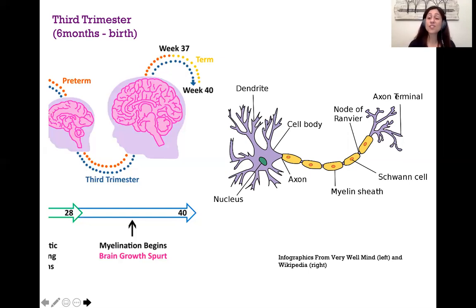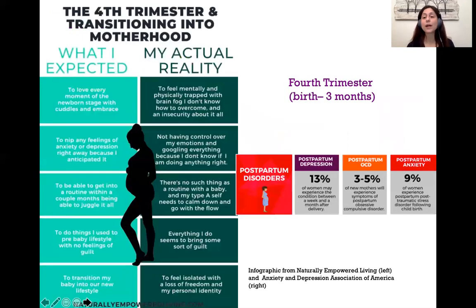Now, interruptions to this process of myelination have been shown to be associated with difficulty focusing in school and difficulty learning certain subjects. One thing that I thought was interesting about this is knowing that it could be something that's happening during prenatal development that parents probably have no control over could help to reduce some of the blame that parents may feel if their children have ADHD, for example, knowing that it really is not their fault.